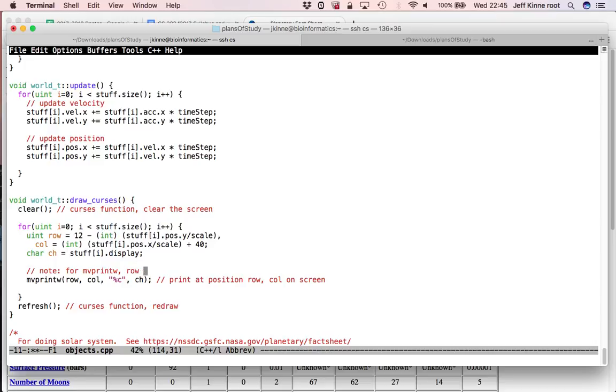row is 0 at the top, and larger going down, so row 0, 1, 2, 3, 4, and so on. And column is 0 at the left, larger going right. That's just what mvprintw does. So this row here, instead of being something that goes positive, 0, negative, this makes it so that